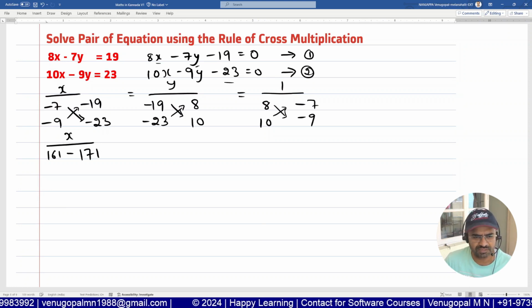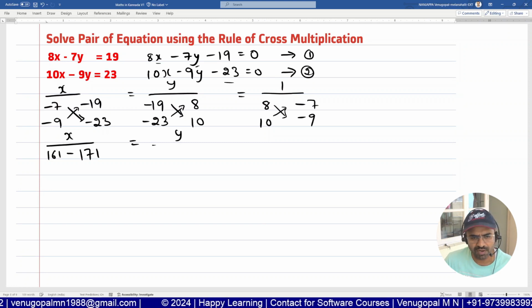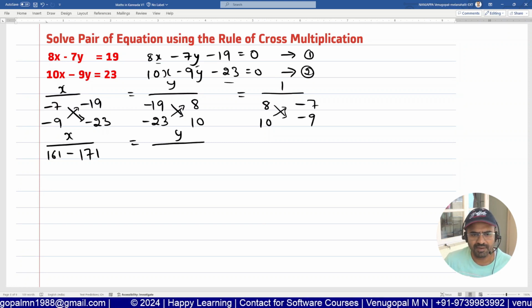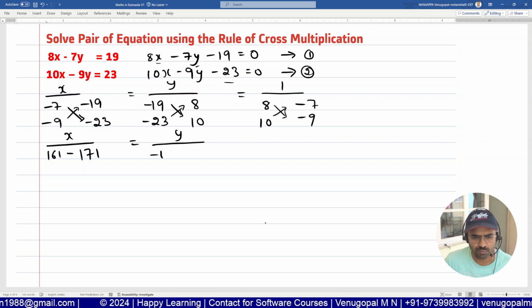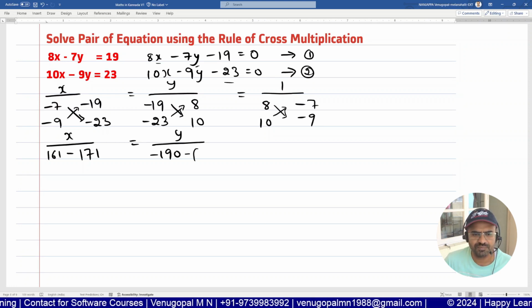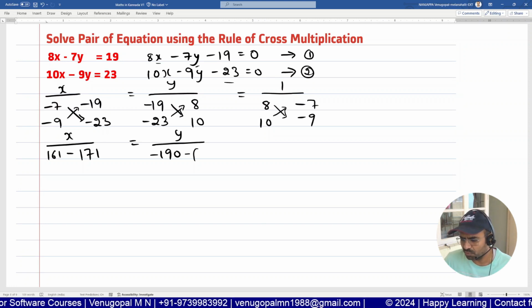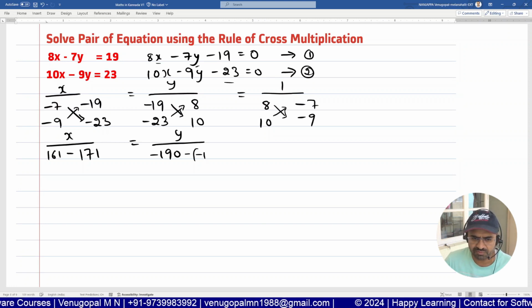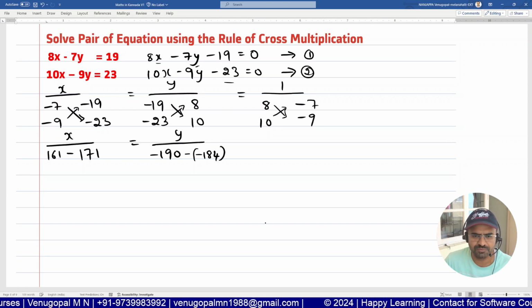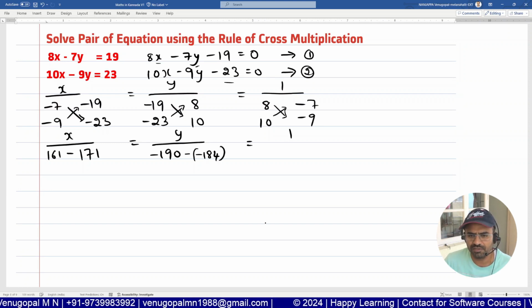That is one thing. Equal to y divided by, now minus into minus, minus 190, minus, we will have to write, but we'll be multiplying this minus with another minus, it will become plus again. So minus 23 8s would be around 184. Minus 184 it will be, so is equal to 1 divided by